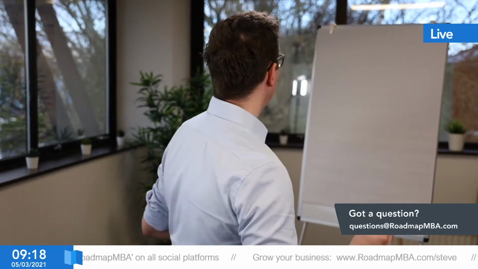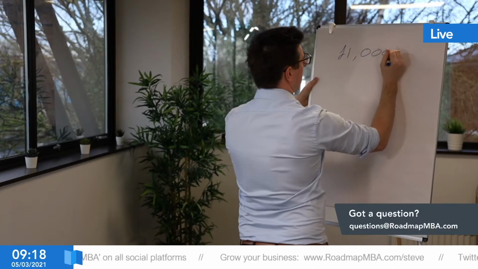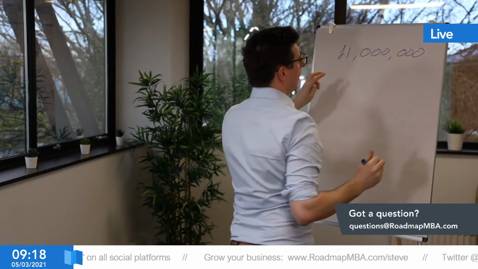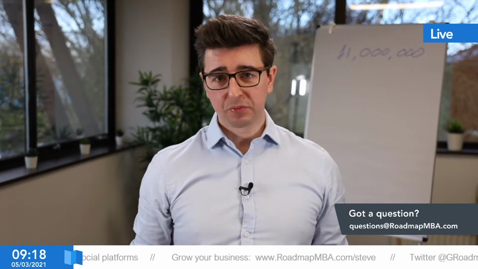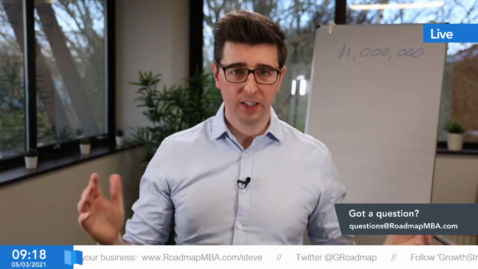So I'm going to start with, your sales target is £1 million. That's what you need to hit per year. What often happens is that the boss will say to someone, look, your sales target is £1 million this year, but it could be 100 grand, it could be 200, it could be 20. It doesn't matter. The important thing is to know that's your target.